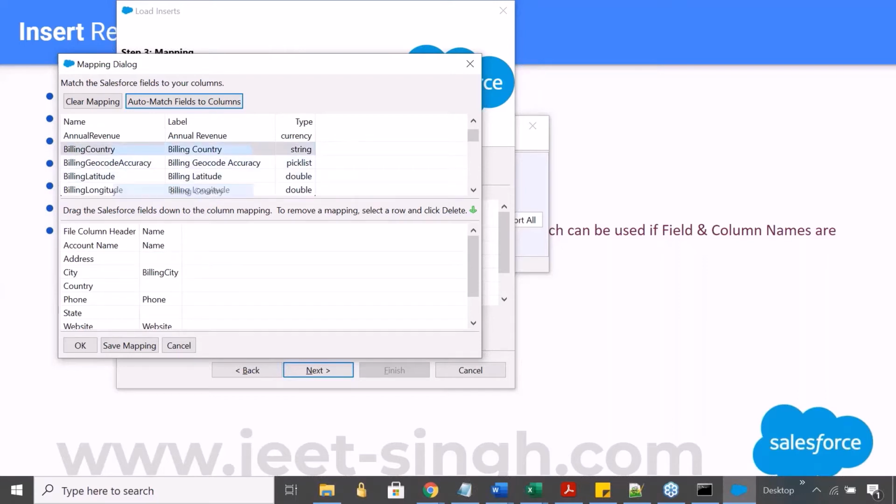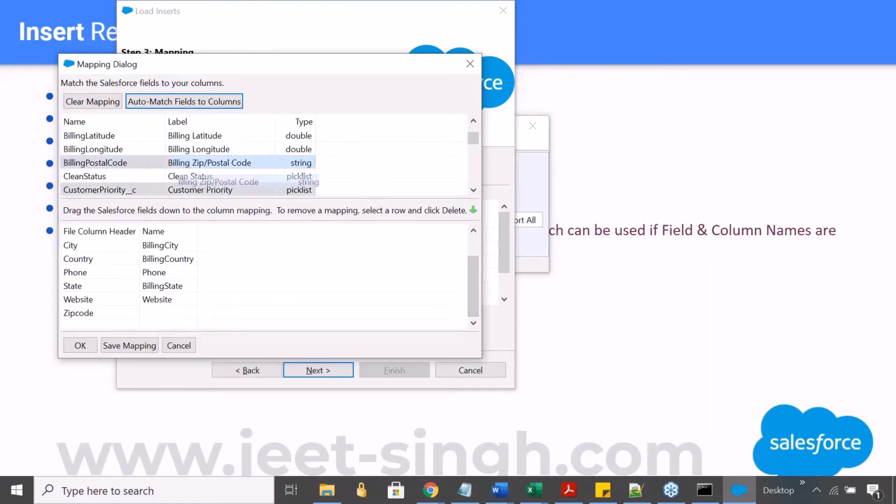Billing country, billing state, yeah. Billing street address goes into address here, and billing zip code will go here. Got it? So you do your manual mapping and click on OK.